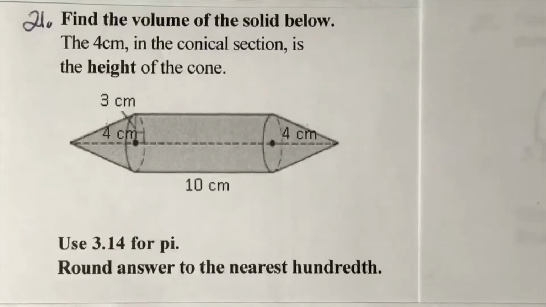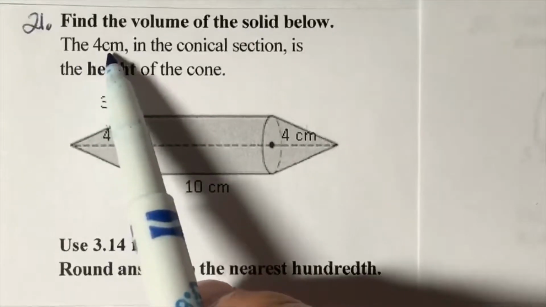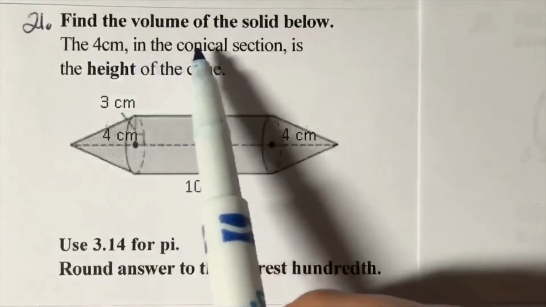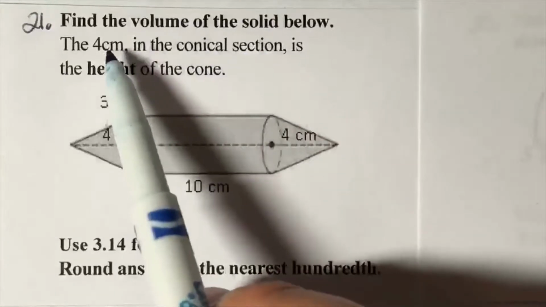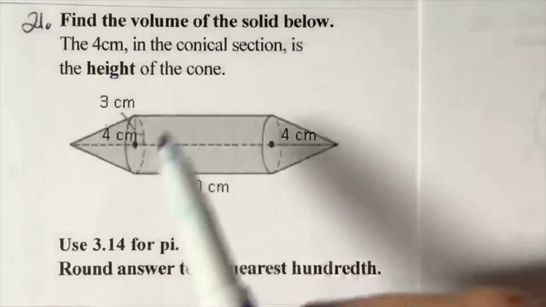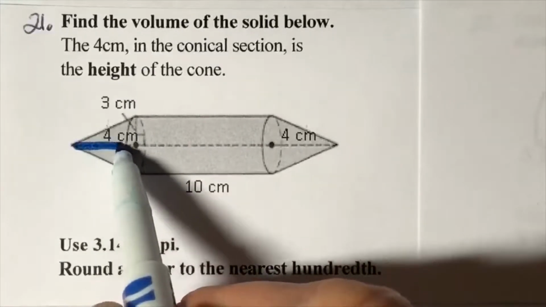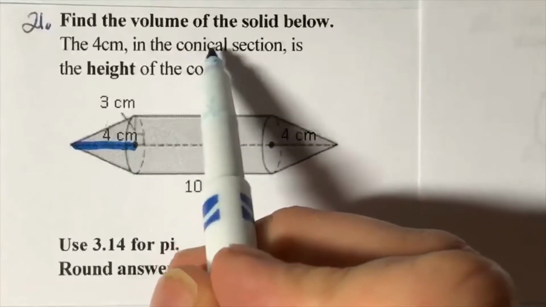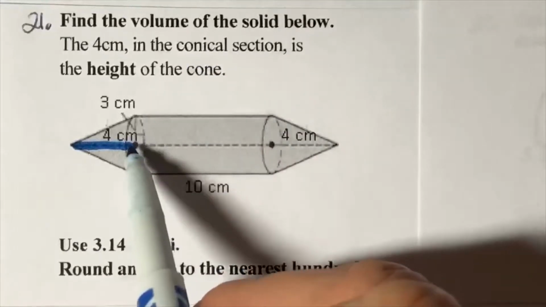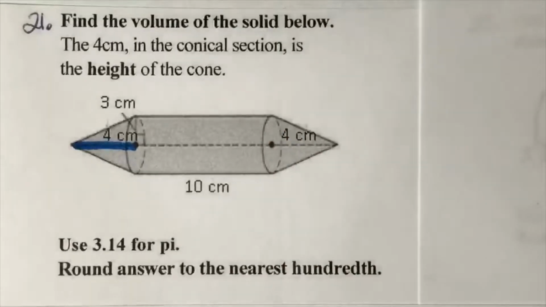We want to find the volume of the solid below. The 4 centimeters is representing the conical section, or the 4 centimeters in the conical section is the height. So we know the height of a cone. It says conical, which is the cone. Now, we are told that the height of the cone is 4,